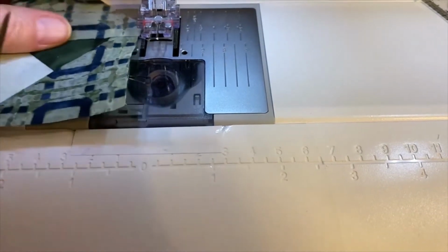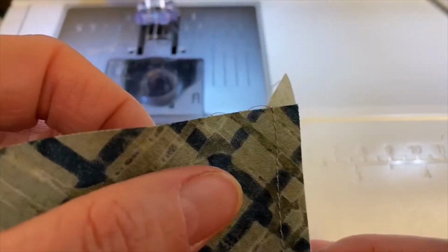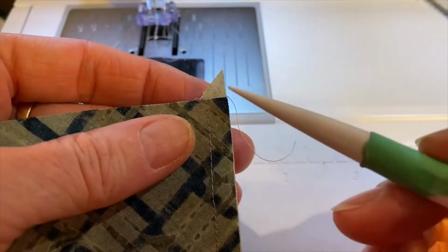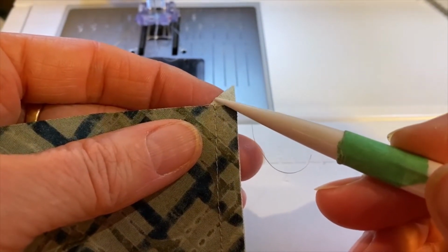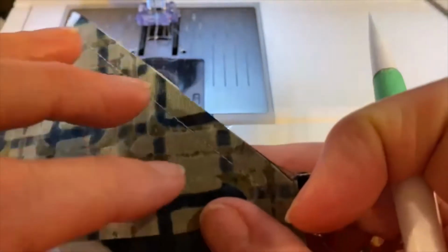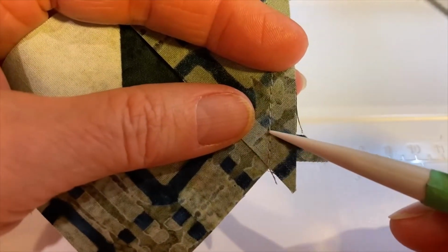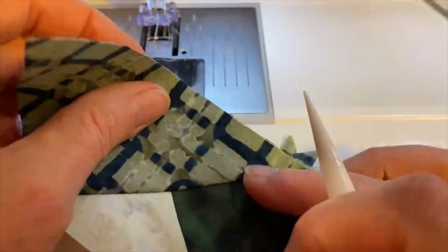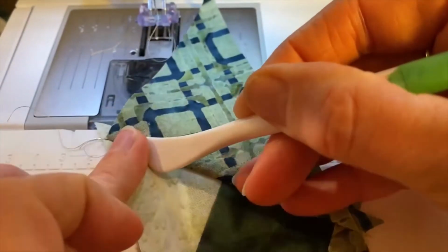Okay, so let's take a look at how this worked. So at this end, yep, I can see that my stitching line is, there's still a little bit of that background triangle sticking out there, so I know that's good. And on this end, my stitching line went right through that V. We press our seam towards the C1,